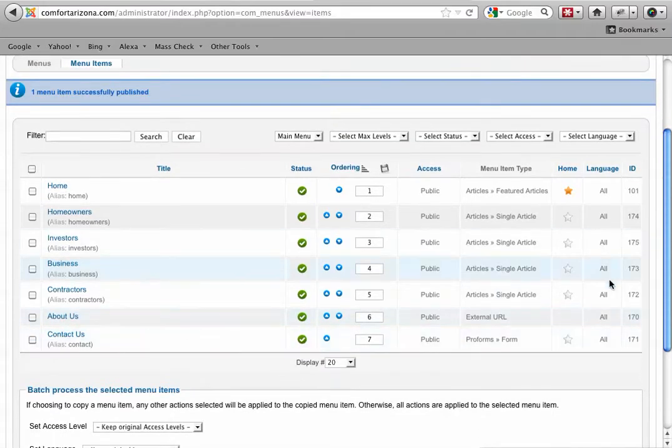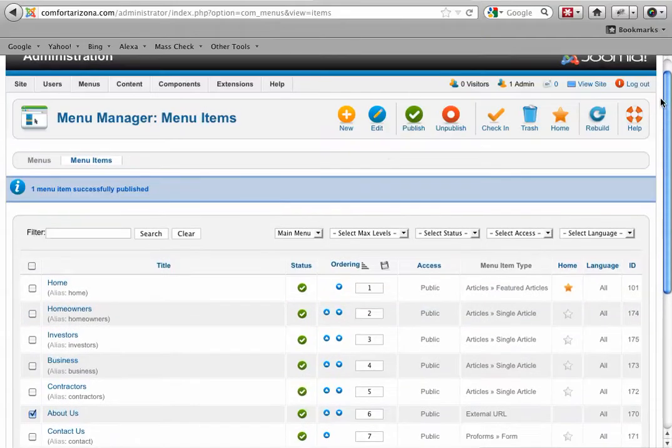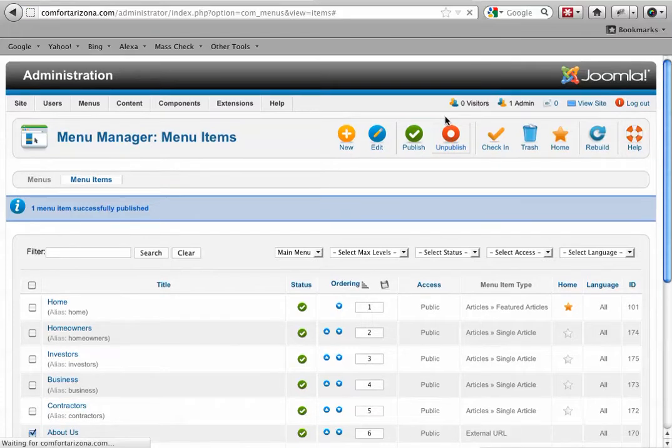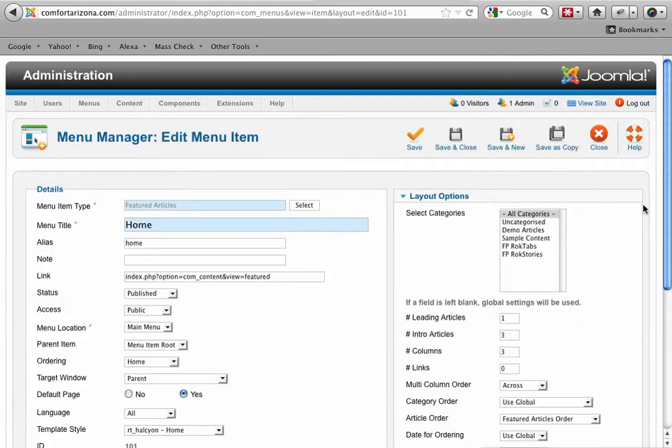However, this is not connected to an article. Right here you can see it says external URL, whereas the others say that they're connected to actual articles. So in order for this to actually have some information attached to it, we would have to have an article ready to connect to that, and we don't right now, so I'm just going to go back to it and unpublish that. So for now I'm going to open up the homepage link